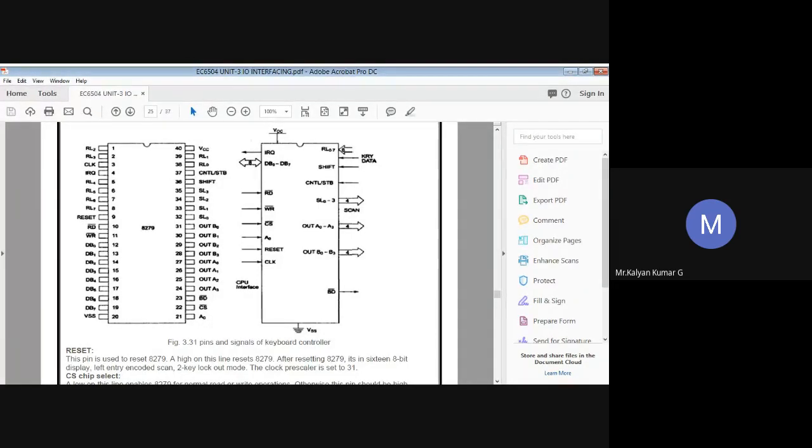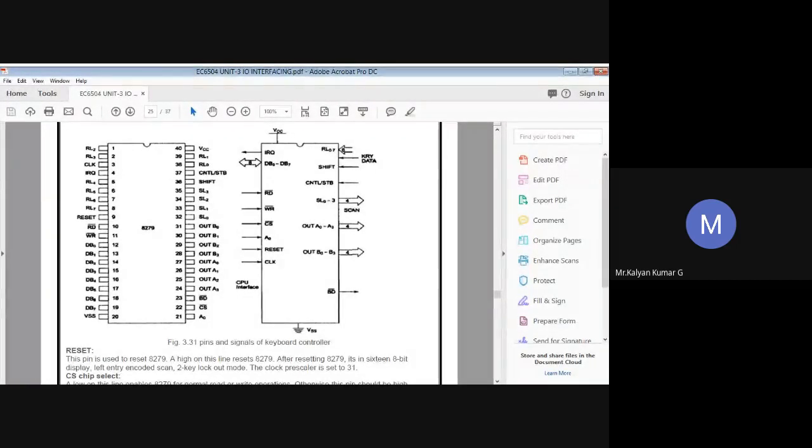And then what are the pins still left? I think we have CNTL, STB bar, which is control, strobed input mode. In keyboard modes, this CNTL bar STB line is used as a control input, and you can store a status on key closure. Similarly, this line can also be used as a strobe line that enters the data into the first-in first-out register in case of strobed input mode. For all these purposes, we use this input.